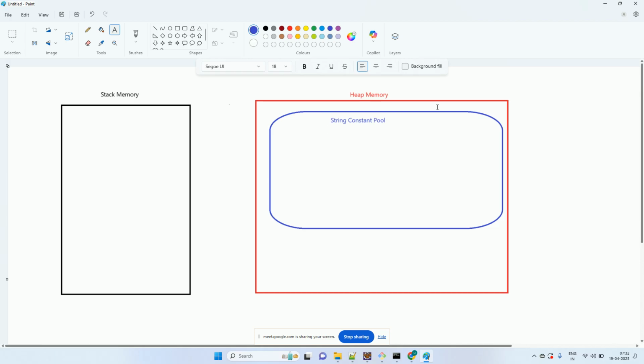So the string constant pool is a part of the heap or the part of the stack. If asked in the MCQ exam, part of the heap. Okay. Yeah. So what is the importance of this string constant pool is